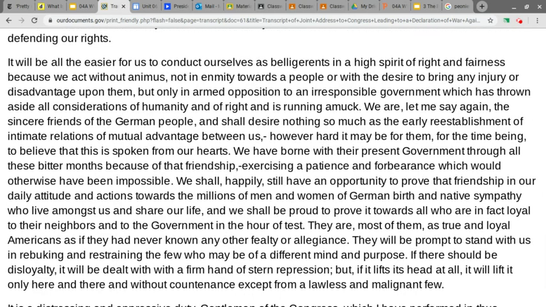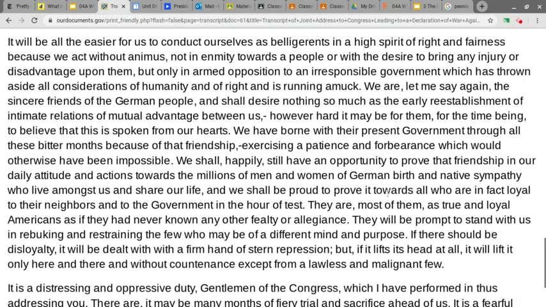It will be all the easier for us to conduct ourselves as belligerents in a high spirit of right and fairness because we act without animus, not in enmity towards the people or with a desire to bring any injury or disadvantage upon them, but only in armed opposition to an irresponsible government which has thrown aside all considerations of humanity and of the right and is running amok. We are, let me say,